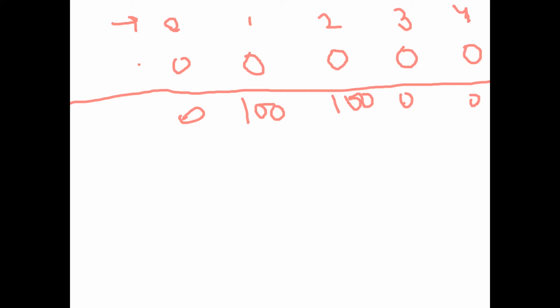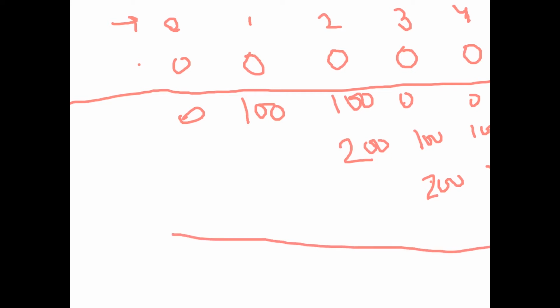Then we will do 2 5 also. For 2 5, we have 100, so it would become 200. Then up until 5 we have to add 100, 100 and then 100, and the same thing for 3 and 4. So it would be 200 200 100 and the rest zeros. The final array would be something like this: 0 100 200 200 200 100 0, and clearly the maximum value is 200.